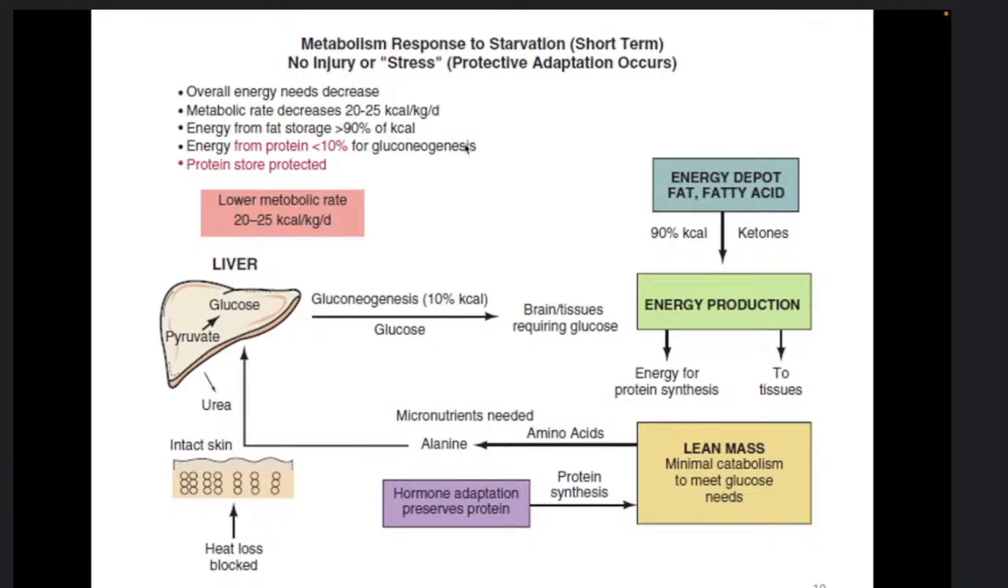So in critically ill, we know that in starvation conditions, the body requires energy mainly from protein sources, but yet the total calorie requirement prevents protein losses in a critically ill patient. But during critically